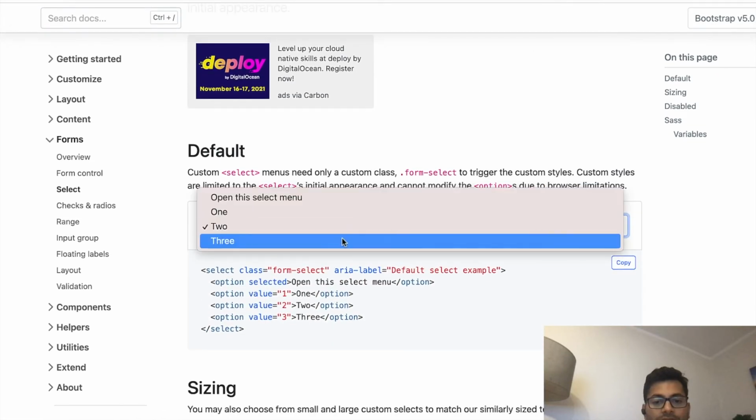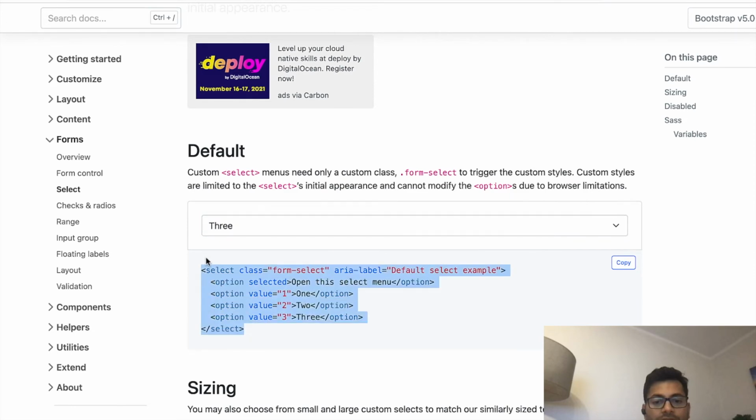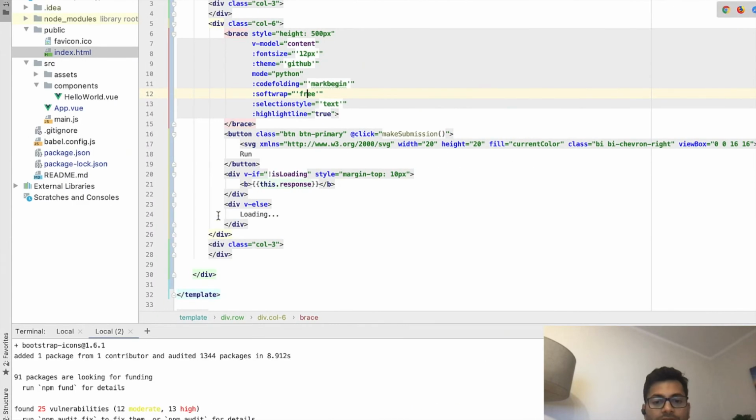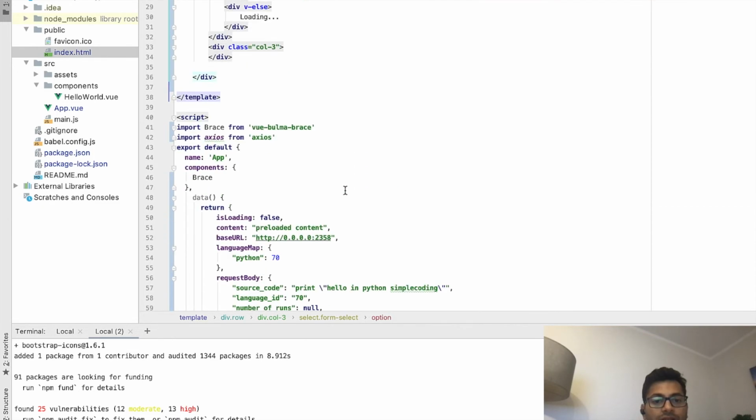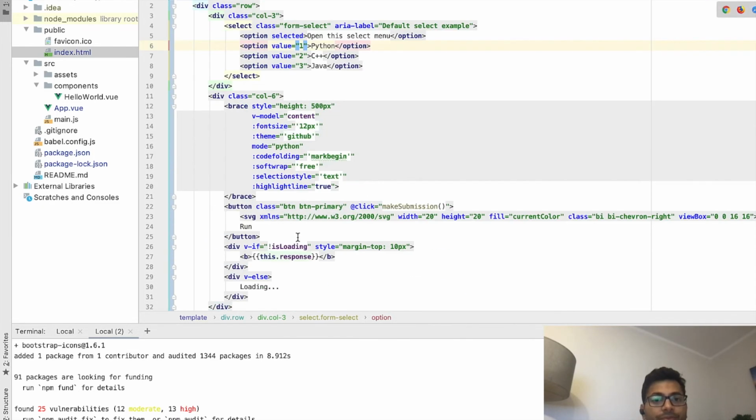So this is what you want. We want to select Python and C++, and we can also select Java. So for Python, let's give a 70, and for